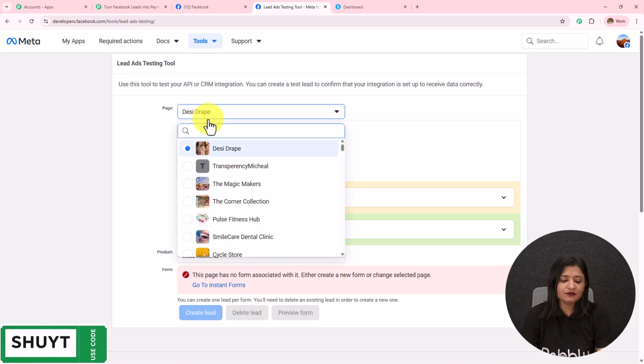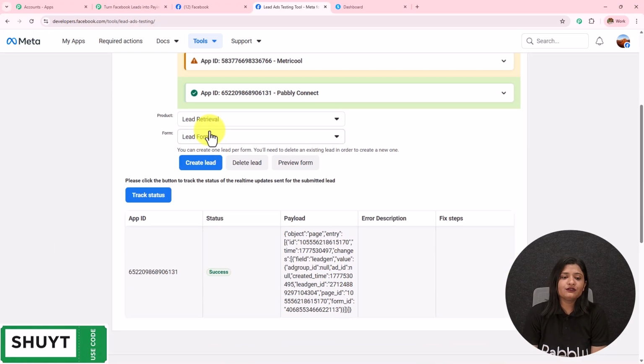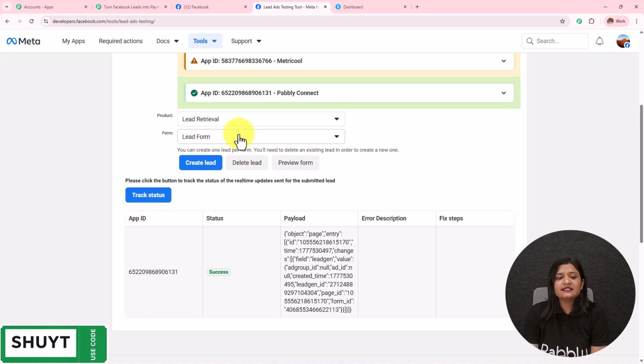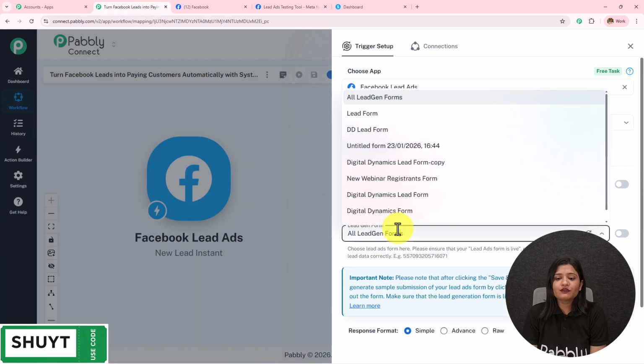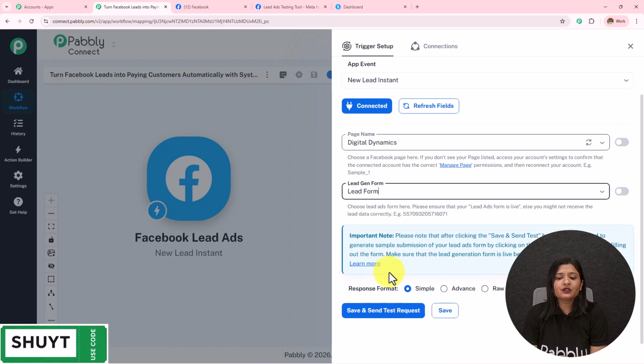Now from here you have to search for the page, and as you search for the page, you will get all the forms which you have created under this page. Let's suppose I want to get this lead form, so I'll go back towards my workflow and I will select the same form. Now if you want to get the response from all of the lead gen forms, you can simply select that. I'm going to select lead form and then I'm going to click on the save and send